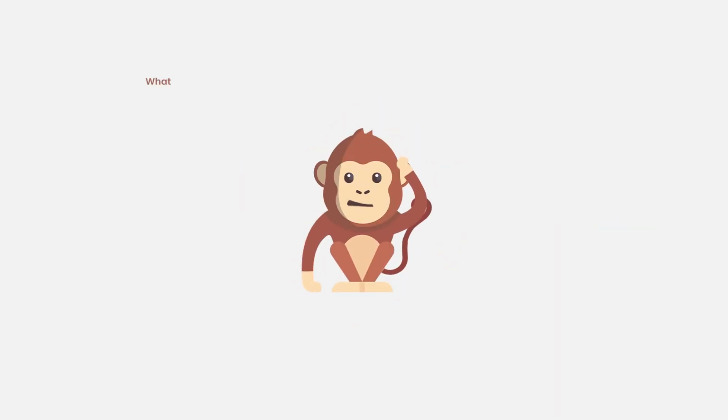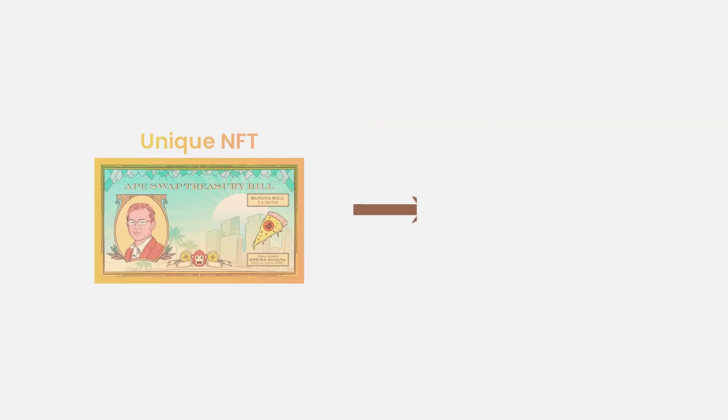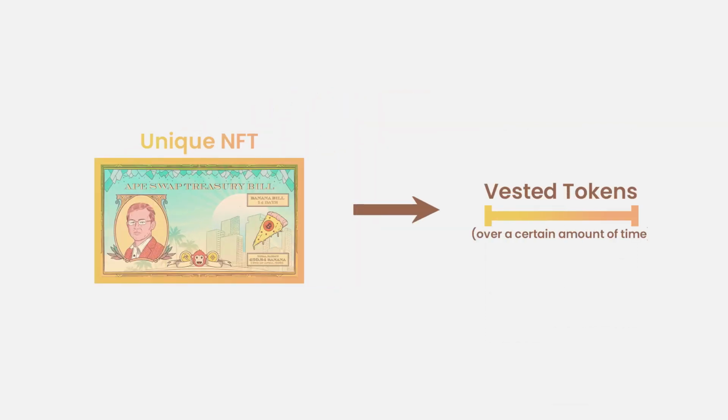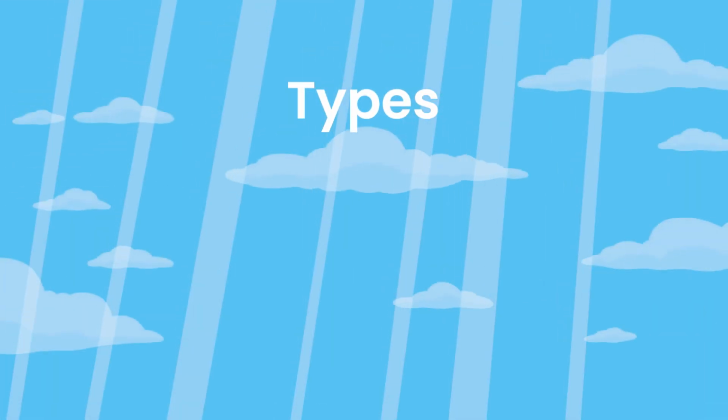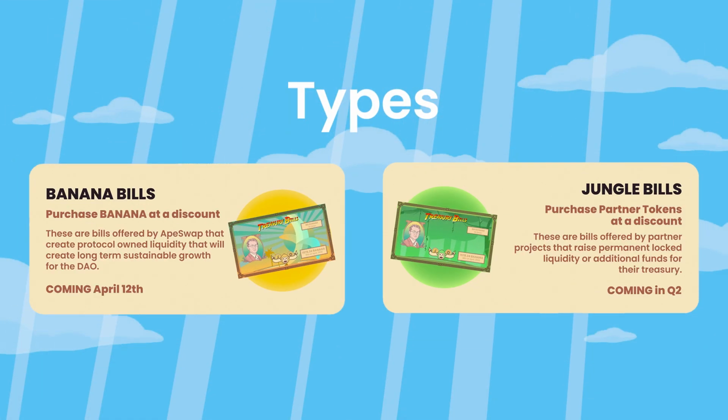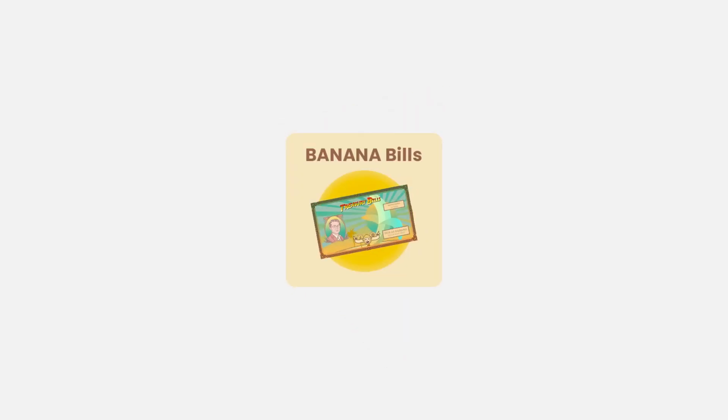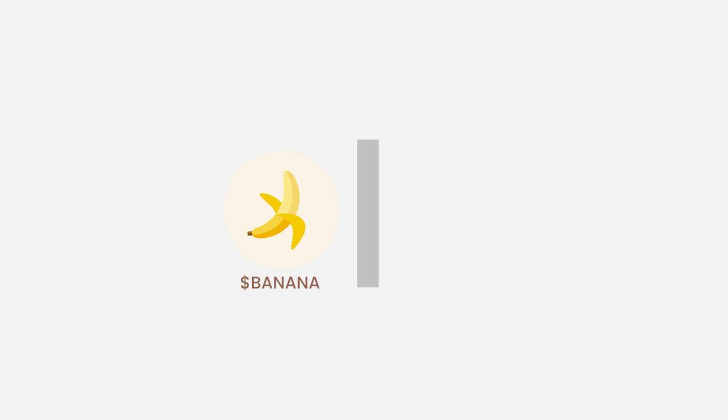You might be wondering, what is a Treasury Bill? Each Treasury Bill is a unique NFT that represents the purchased tokens, which vest over a certain amount of time. These bills come in two formats: Banana Bills and Jungle Bills, coming in Q2. Banana Bills offer users the opportunity to purchase ApeSwap's native token, Banana, at a discount relative to the current market